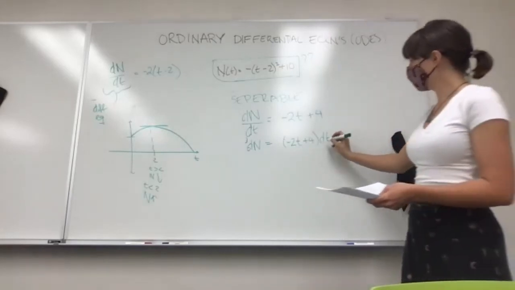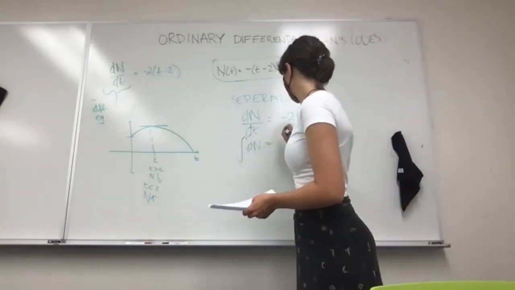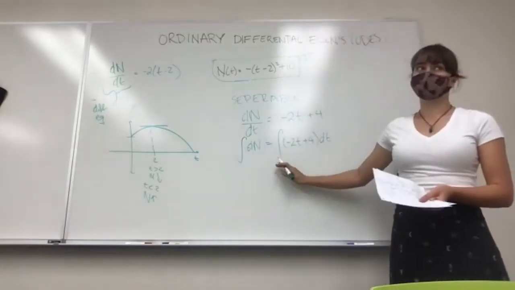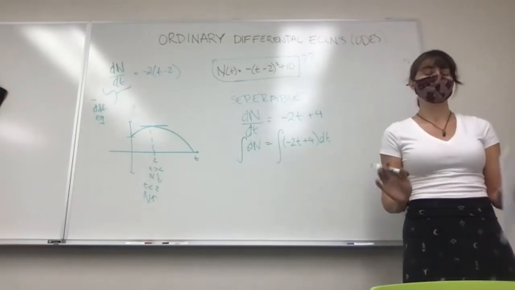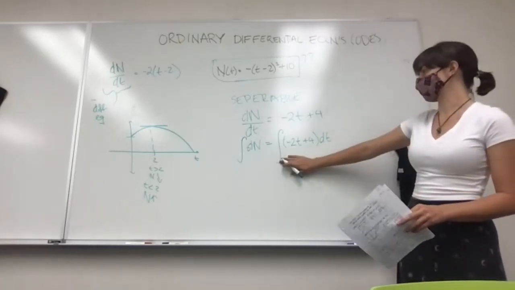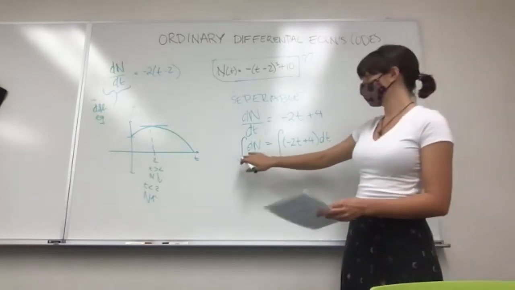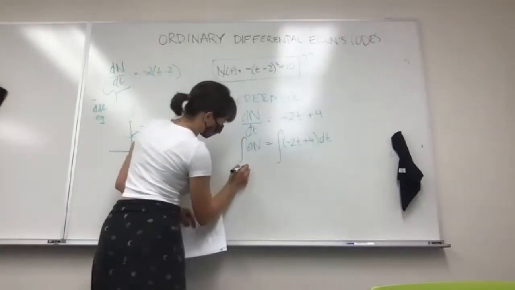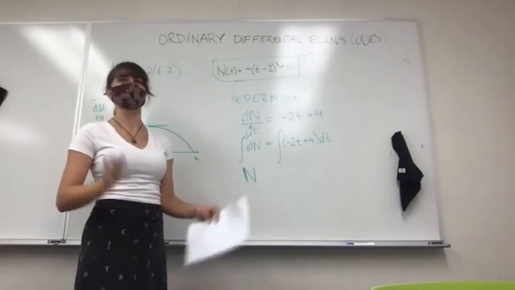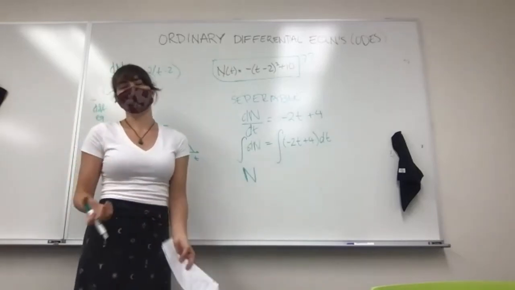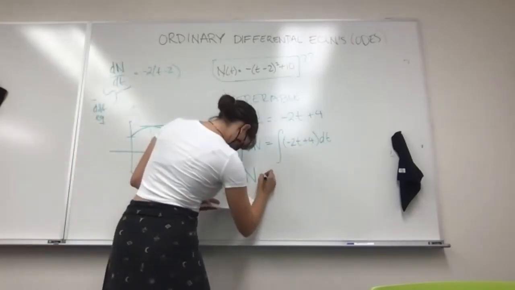And so the reason that's so important is because now we can just integrate both sides. So all integrals are is the opposite of a derivative. In this context, they have other meanings. But in this context, all we're going to use integration to do is to get rid of the d's in our derivatives. So the integral of dn is just n, and I don't think we're going to go through how to actually do this. Just take my word for it. Or at this point, we can just look it up, put it in a graphing calculator. And then on this side, you end up with